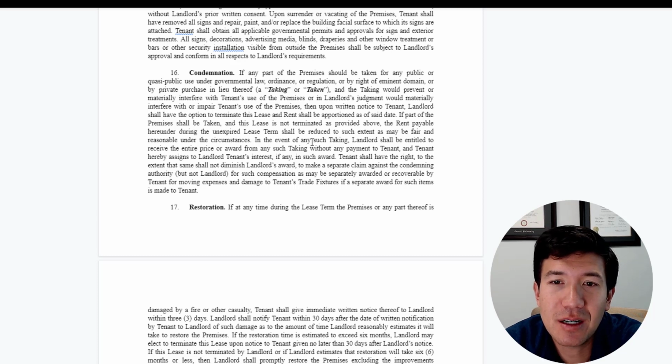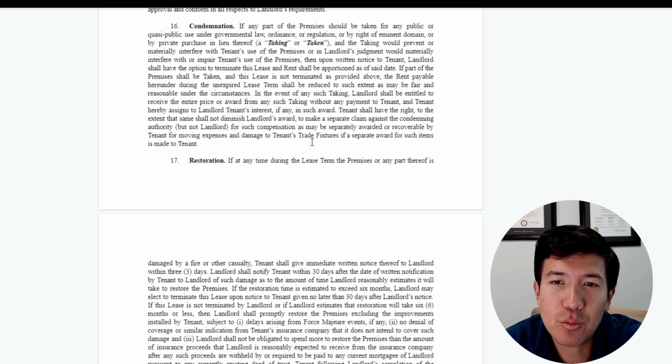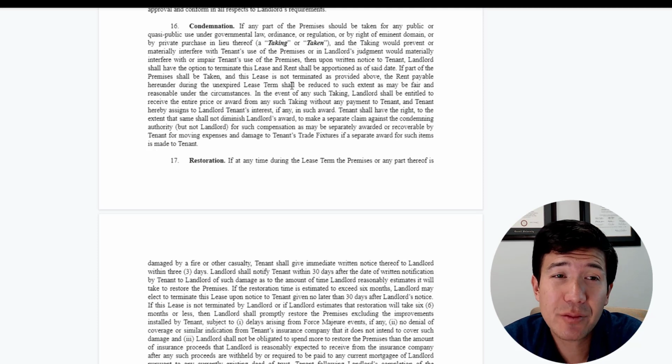Condemnation here, again, this is something that will definitely start to come up when you get into, I'd say, 50 or 75 properties. And it basically regards what happens if a local or state municipality takes an edge of the land. And for a building like this, it's most likely going to be a parking lot, it could be a driveway, and it could have a real implication if it narrows your truck court.